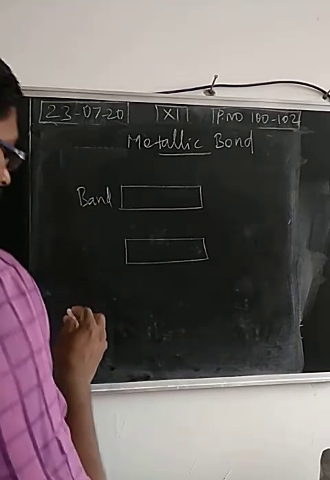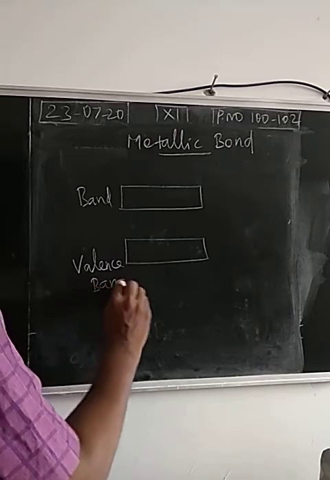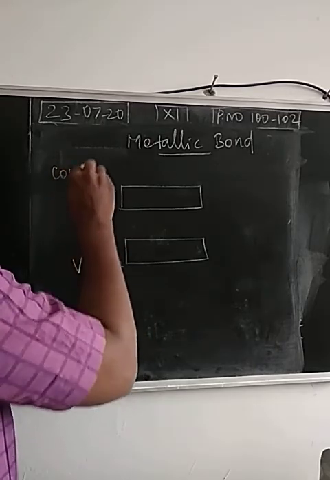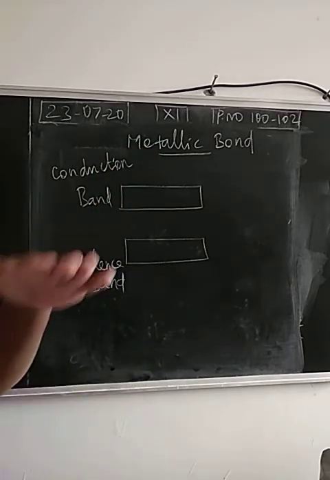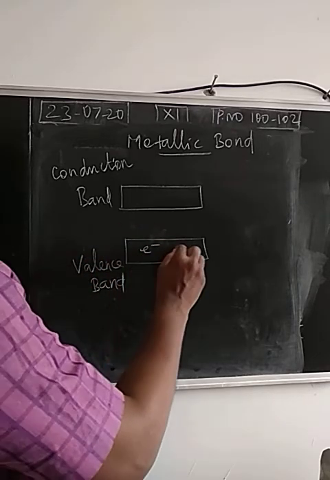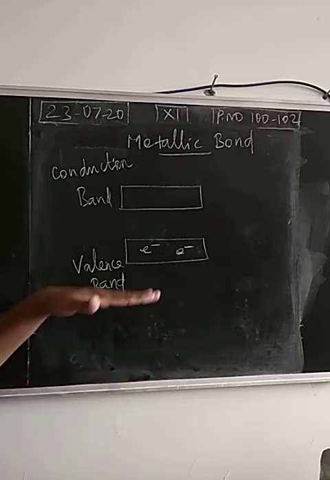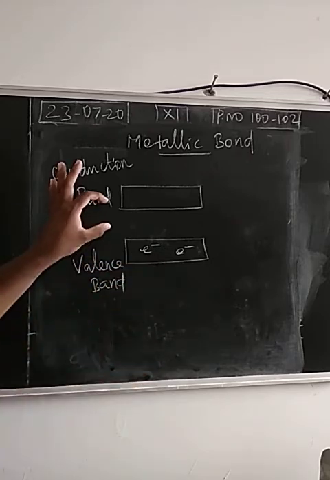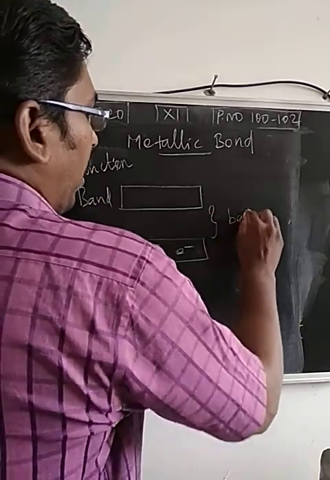So this is called the valence band. Another one is the conduction band. So there are two levels based on the energy. The valence band means electrons will be there, valence electrons. Right? So for the metals, we have many free electrons. The valence band means the electrons will be in this band, and there is an energy gap. We call this the band gap. This is called the band gap.